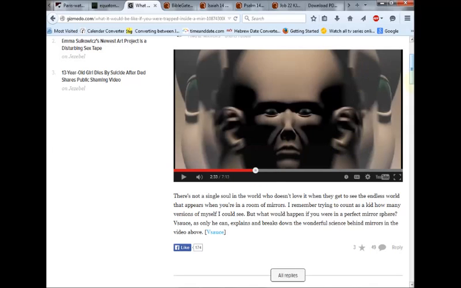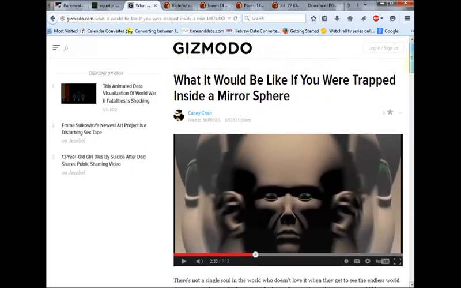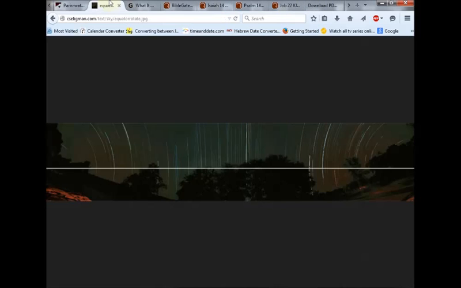This is taken inside of a perfect mirror globe, as if you were standing inside a reflecting mirror that surrounded you like a sphere. I don't have all the answers, you guys, but I know what I see when I look at this image. What we're looking at is reflections and refractions of an image.